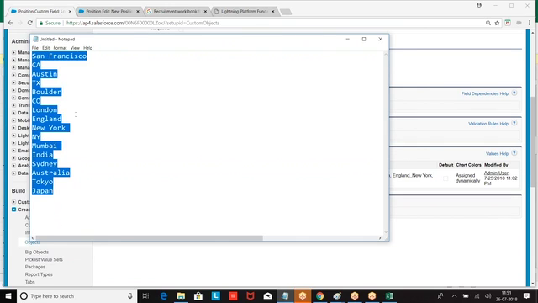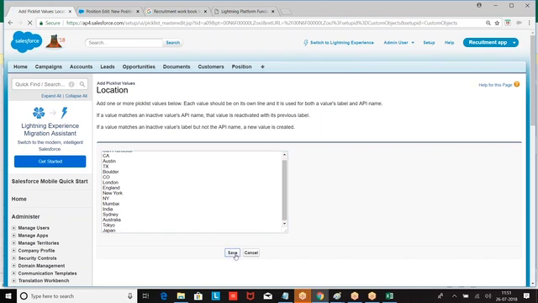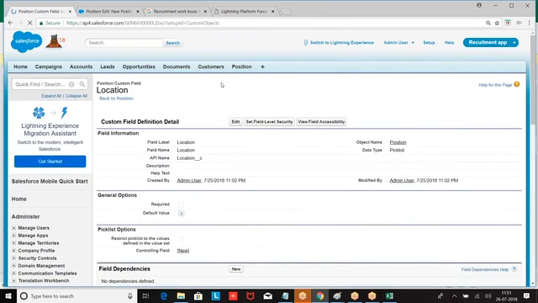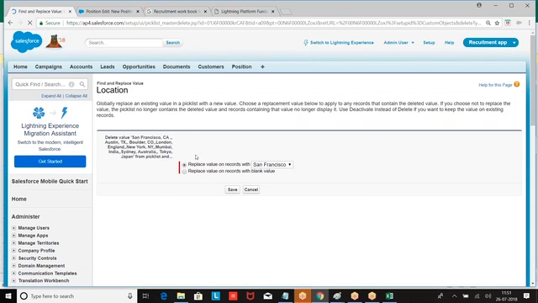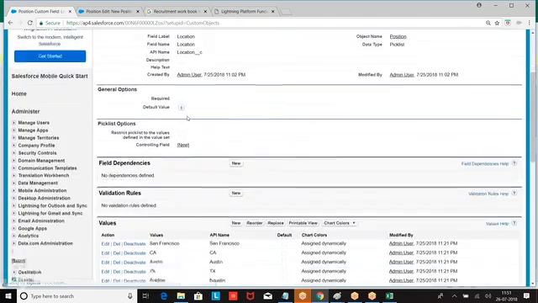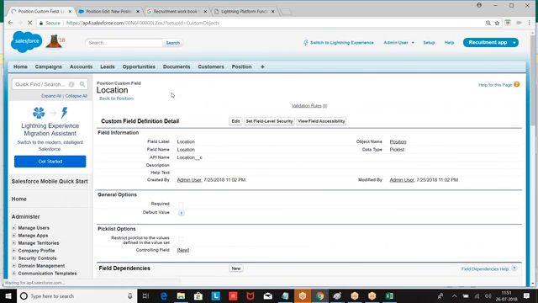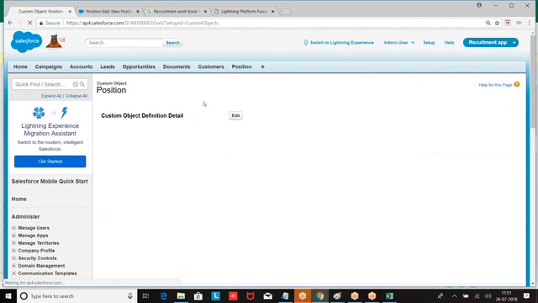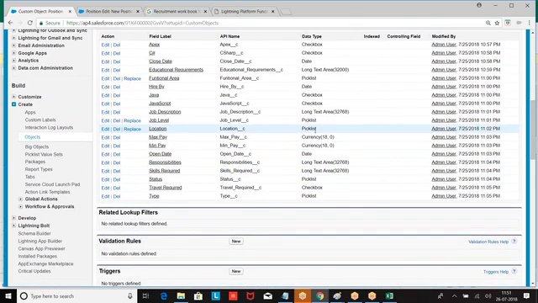These are the values I am supposed to give. Go back to the object, new. So we just created an object with fields, and there are some issues which we are trying to fix, and creating a page layout for us. Right. Next we had, next one. What is the next one we had?